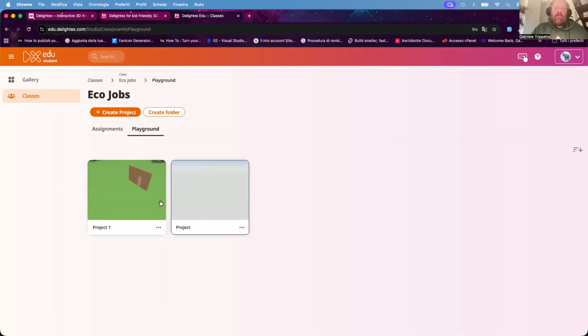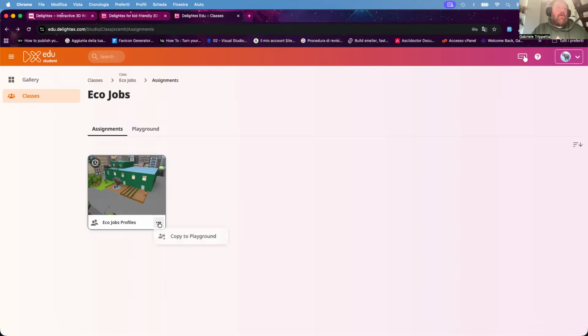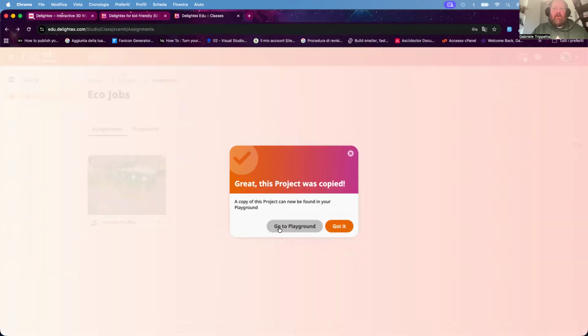You can erase your project if you do something and you want. You can click here on the three dots and rename the project, duplicate it, or delete forever. Delete forever deletes it in the assignment. You can copy to the playground. I advise you to do this, to copy this onto the playground,